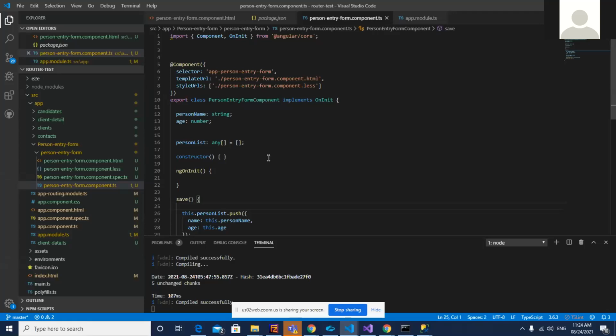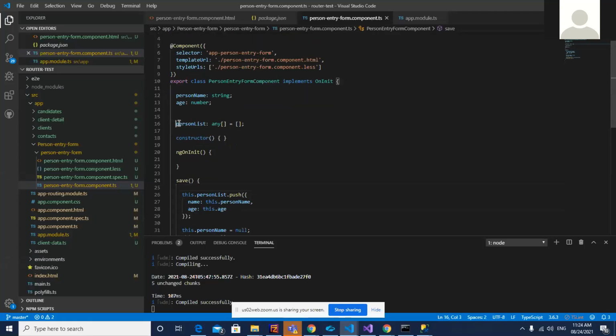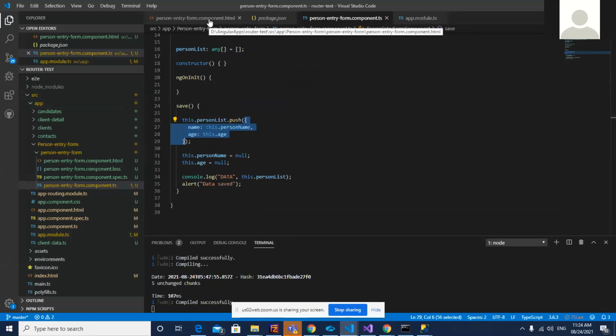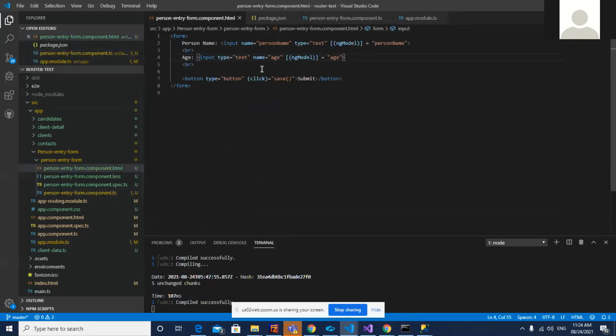I have declared one array of any, initially blank. Then two variables, the models: person name and age. On save click, I have pushed one basic JSON object with person name and age.